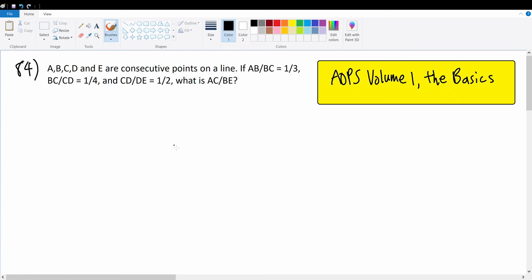AOPS Volume 1, the basics number 84. A, B, C, D, and E are consecutive points on the line. If AB over BC is 1/3, BC over CD is 1/4, CD over DE is half, what is AC over BE? So just rewrite it and we might be able to find some pattern that we can use to help